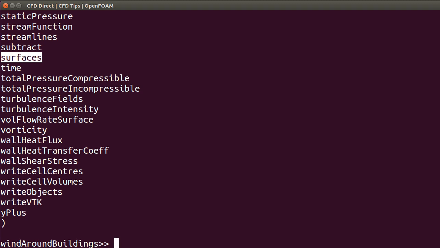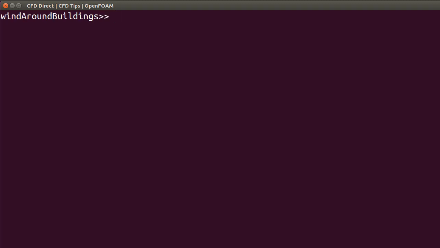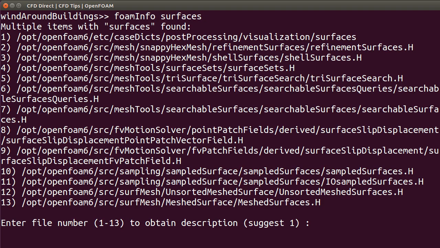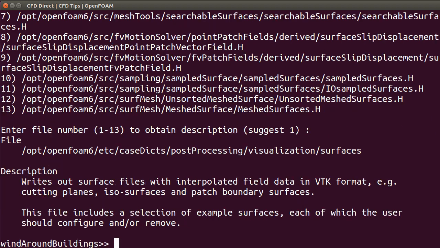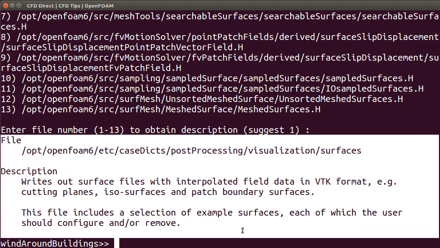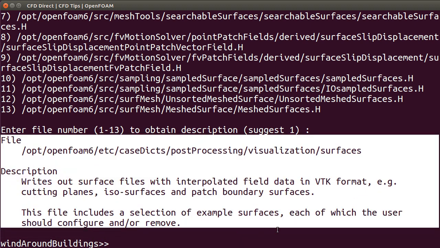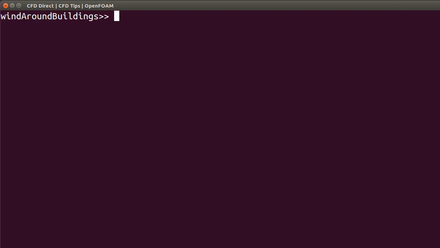To get more information about surfaces, I can use foamInfo. I simply run foamInfo surfaces. That lists various files with surfaces in their name. The tool prompts me to pick the file name relating to the function object, so I just hit enter. I can read the description of my surfaces configuration file, and to get a copy of it I can use